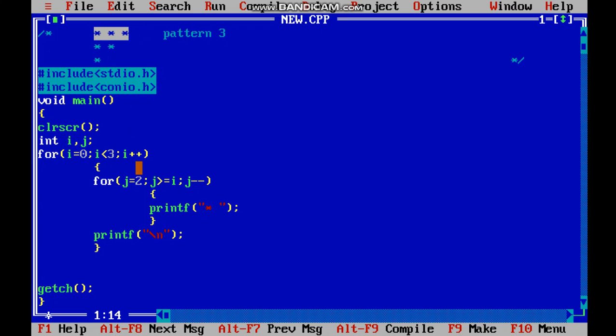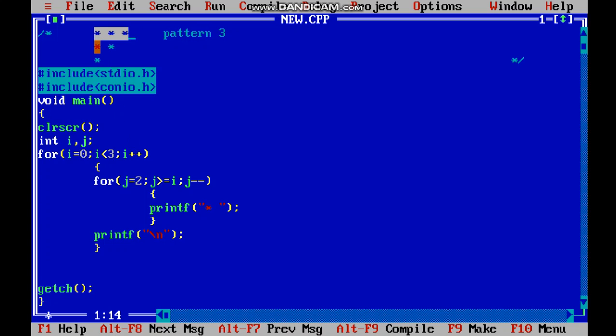Here j is running 3 times, right? You can say this is the 2nd column, then the 1st and the 0th. So for j equals 2, whatever the initialization, it will be column 2, and as the I value is 0, only this row is worked upon for now.